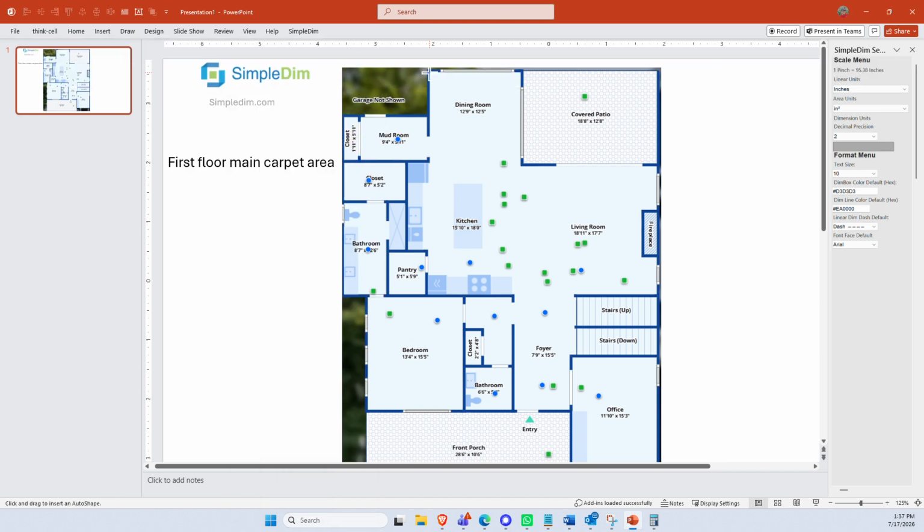We're going to start up here in the dining room, and we're going to click our first point. Mudroom doesn't get any carpet, so we're going to come down here to the kitchen. Do we normally tile our kitchen? Yeah, so we think that the carpet's going to go maybe here, around the island, and then cut down to that area, go around the wall a little bit, come inside. What I'm doing is basically tracing the outline of the area that I want to measure,